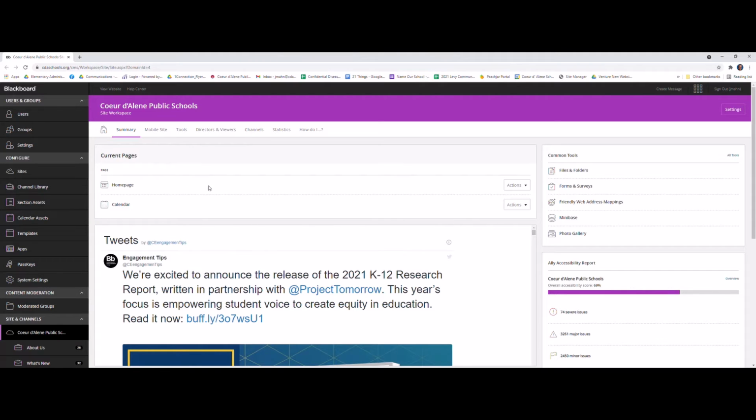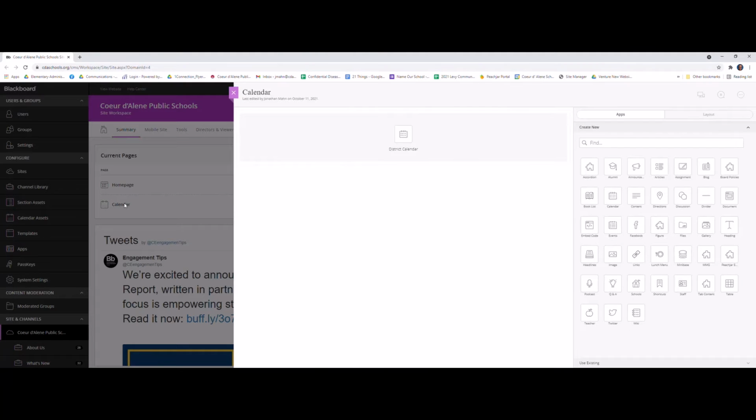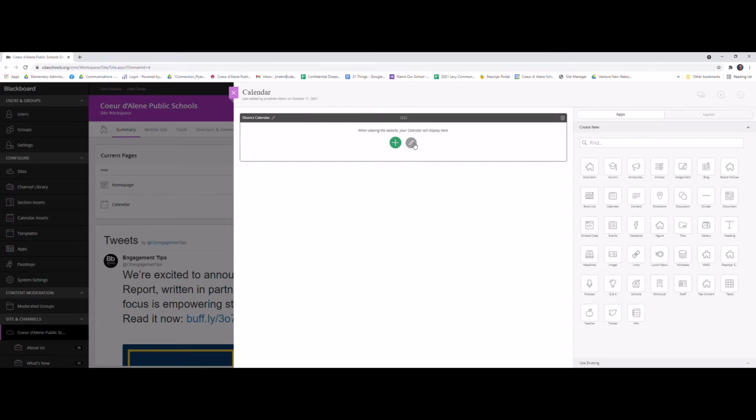You'll see two links. Right now I'm on the district homepage. You'll see your homepage and then you'll see a calendar link. If you click on that, it opens up another window, and on this one it says district calendar. It'll say Dalton or Fernan or whoever's calendar this is. Click on the little gray pencil to edit,